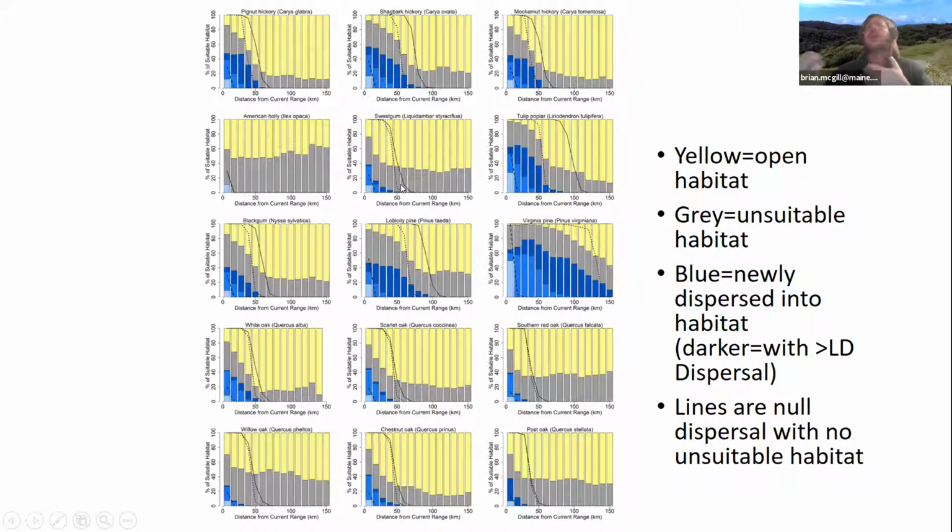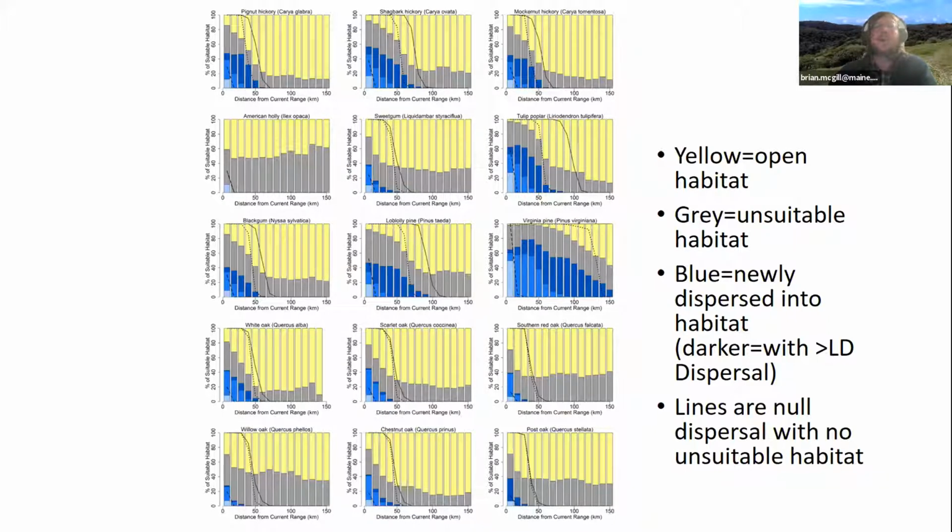You may know the story about how most dispersal is short distance, tens of meters, but occasionally you get long dispersal distance, hundreds of meters or even kilometers, and that's really what drives the rate of dispersal. So the dark blue is the longest dispersal, long distance dispersal events. And the black lines are the null model where the bad habitat is taken out. And it really tells the same story, but this gives you a sense of the distance from the